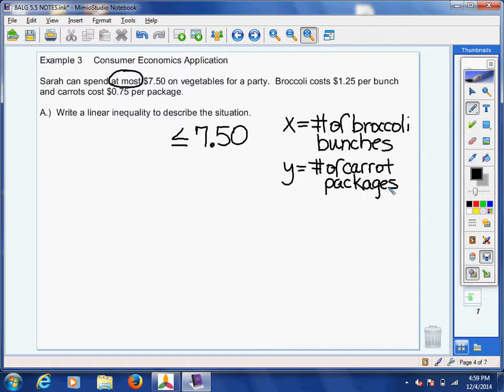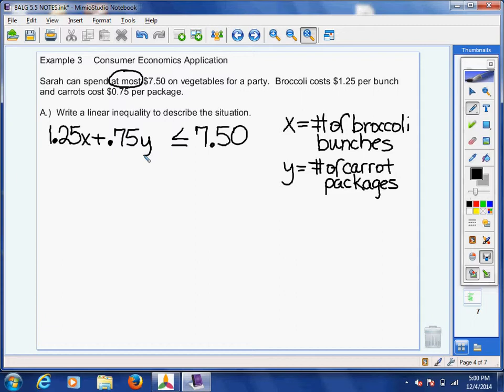Okay, I don't know how many bunches and how many packages I have, but I know how much they each cost. So this is going to end up being a standard form type of equation or inequality, because I know that $1.25 per bunch, that'd be $1.25x, plus 75 cents per package, that'd be 0.75 times y. Okay, so there's our inequality, and what we're going to do on the next page, if you'll go ahead and flip over to the next page,